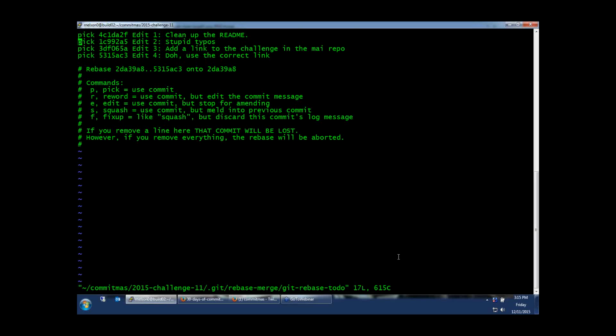We can come in here and we could do a fixup, F for the word fixup, and that would squash edit 2 down onto edit 1 and take away the commit log message. And then here we could take edit 4 and we can squash it, which will take this commit, add it to this one, and then show us both messages and allow us to edit them. So if we commit that right now,